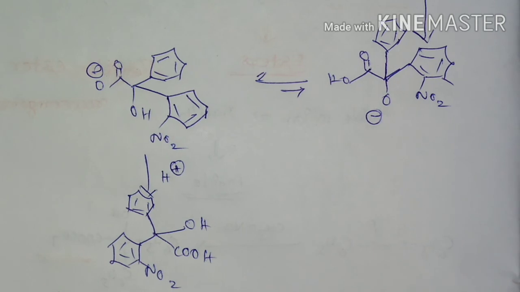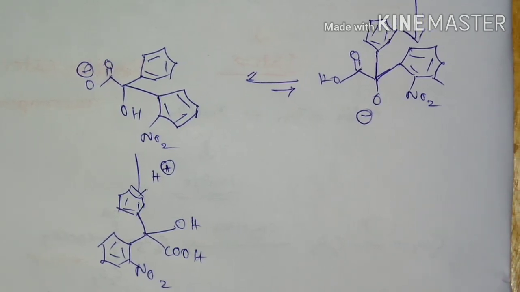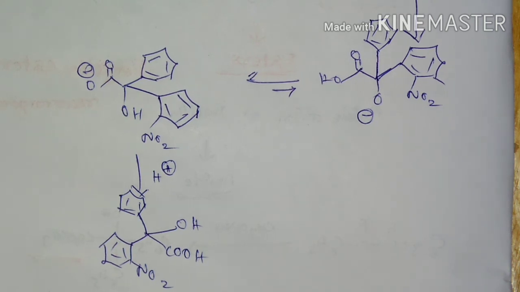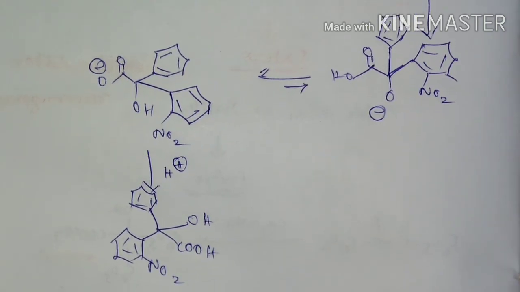So you need to be very careful. If different substituted aryl groups are given, then the electron withdrawing group ring will migrate instead of the unsubstituted one. And if there is an electron donating substituted aryl group and an unsubstituted benzene ring is present, then the benzene ring will migrate. Okay, that is the migratory aptitude in benzylic acid rearrangement. So these are the important aspects of benzylic acid rearrangement. Thank you.